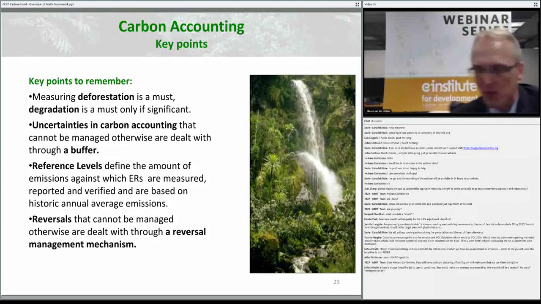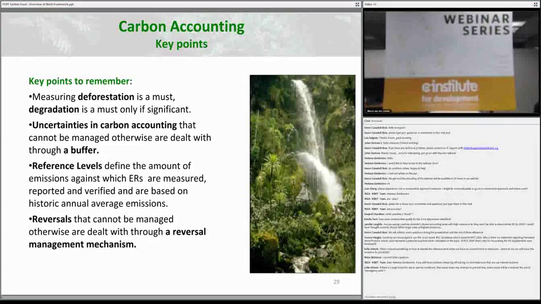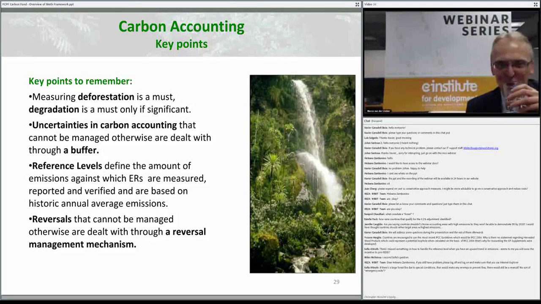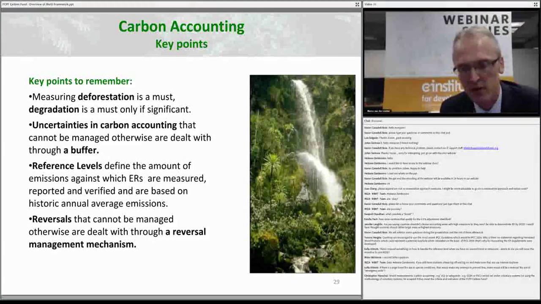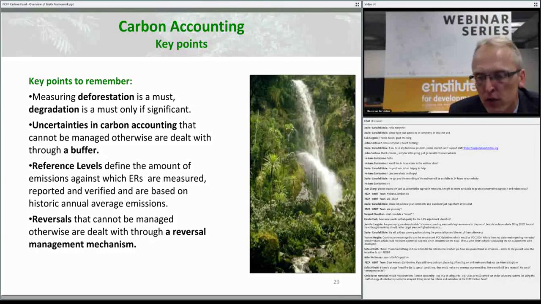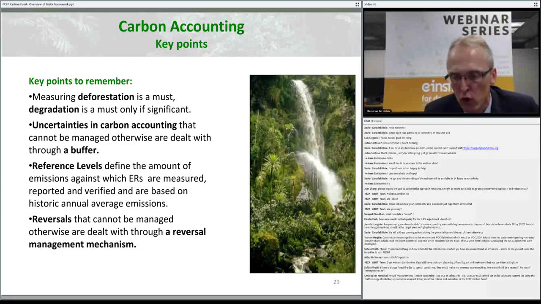Marco, maybe we start with a very simple one from Swapnil Chaudhary, who asked, what constitutes a forest? That's a good question. The methodological framework says that you need to define what your forest is. I didn't mention that on the slides, but it is part of the methodological framework. You need to have a forest definition. If that is a definition which is different from what you use, for example, for the UNFCCC, you would need to justify why you use that different definition. But yes, defining what a forest is is one of the first steps that is required under the methodological framework.